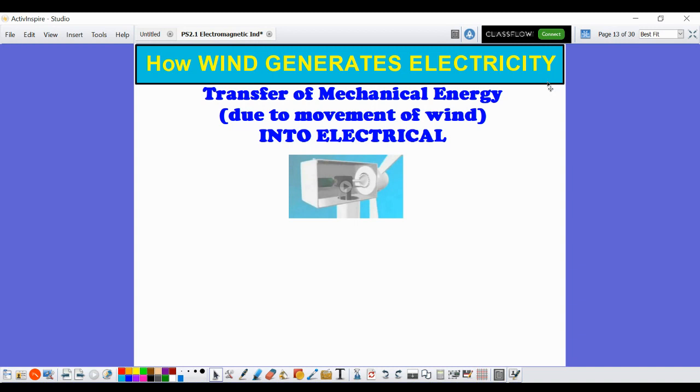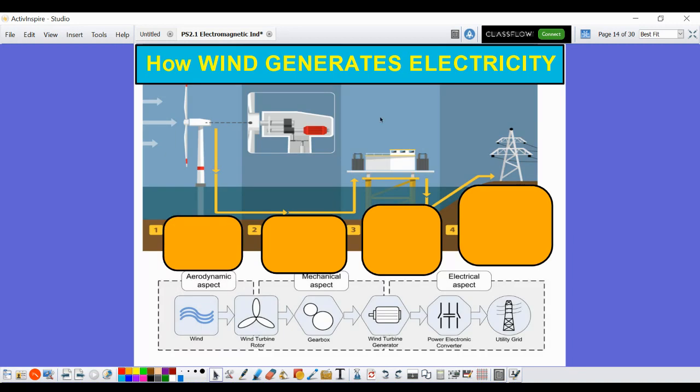Okay. So, not very different. There's still movement involved. Kinetic energy, which is the movement, is transferred into electrical energy. So here's basically a picture that we're going to follow along. Here's steps 1, 2, 3, and 4 to get to the point where we could use this wind generator